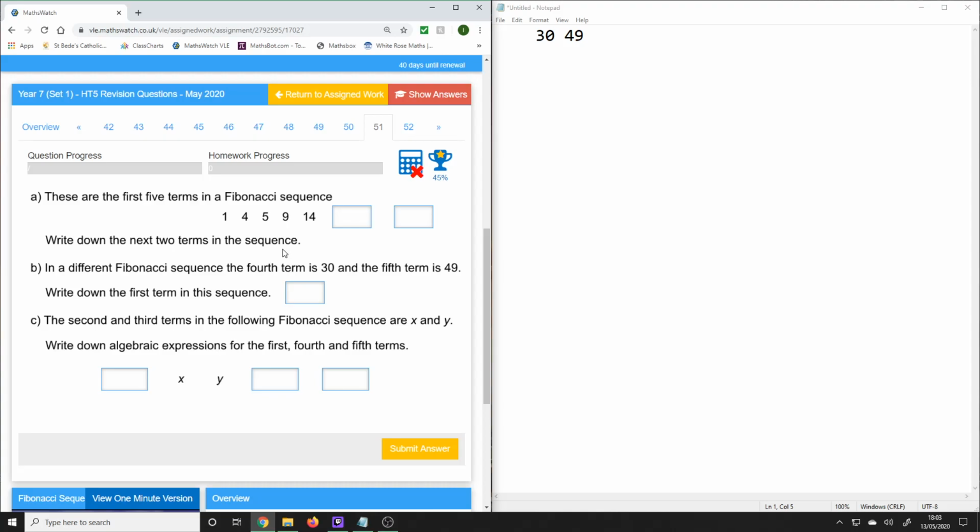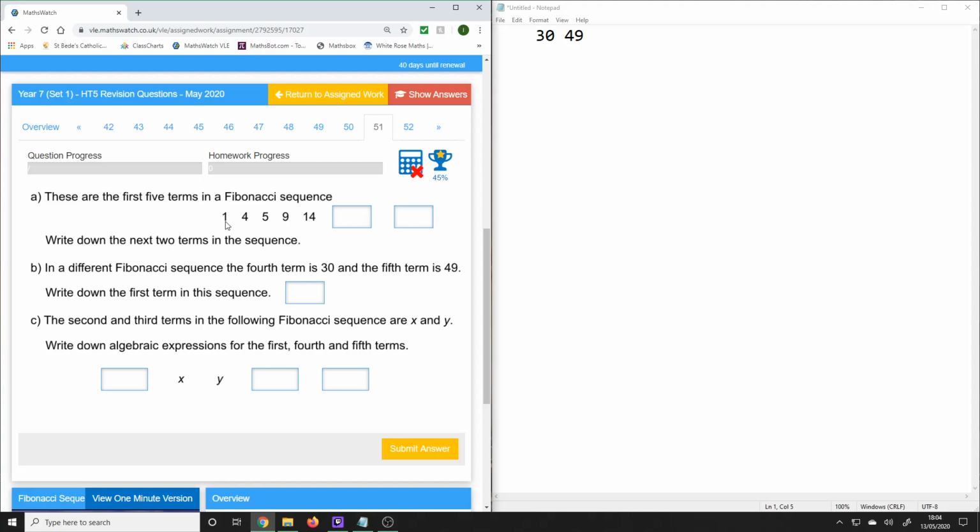Okay, question 51 is a sequence question, specifically a Fibonacci sequence question. And the best way to describe the Fibonacci sequence really is just to have a look at this first question here, question A. It asks you to write down the next two terms in the sequence. So if we have a look at the first 5 terms here and where they came from,